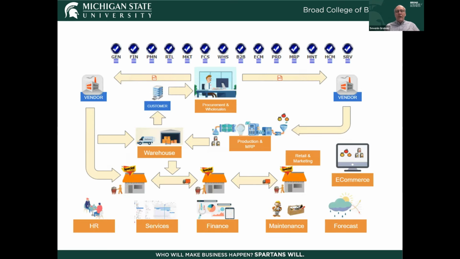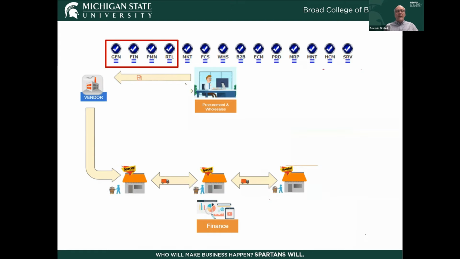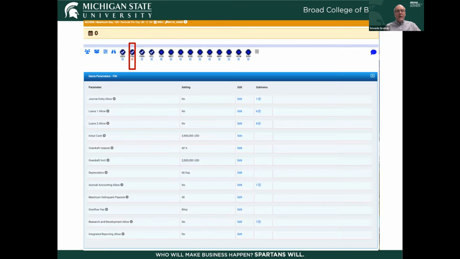As Abdi had shown, here's the full Monsoon SIM when you'd be using all of the modules. Obviously that's way too much to start off with students, so I ended up starting with just the retail environment. Here, the students would have the general parameters, the financial parameters, procurement, and retail settings. If we take a look at the next slide, we can see under the finance heading